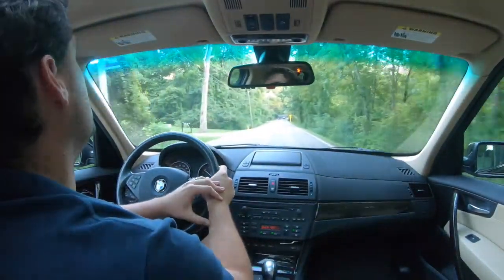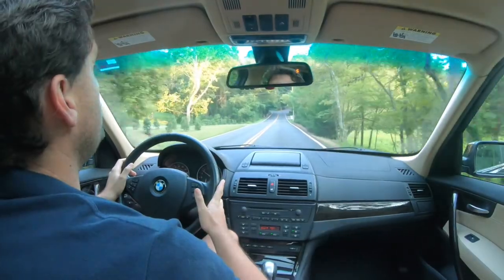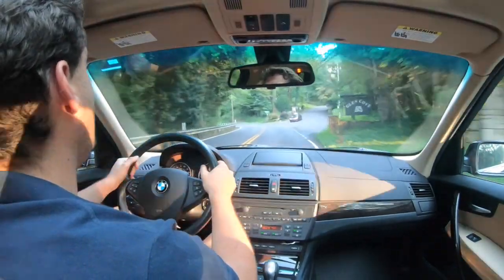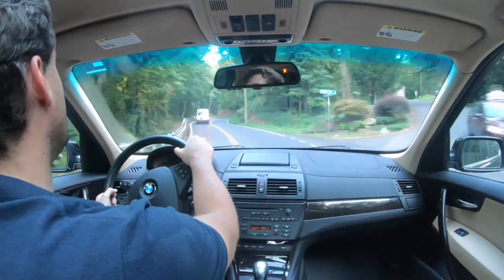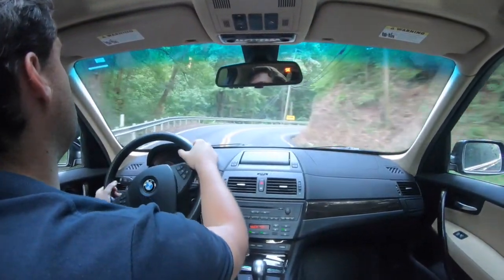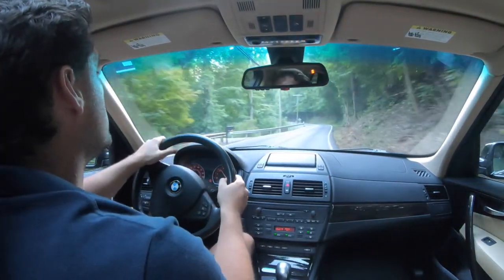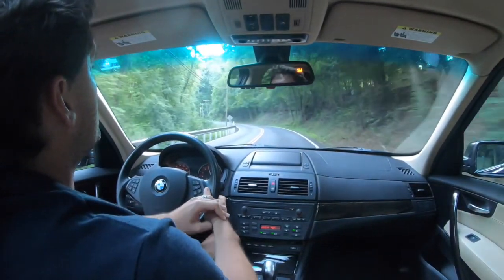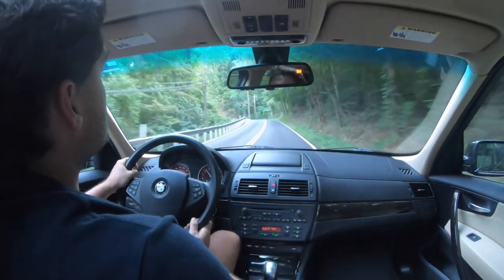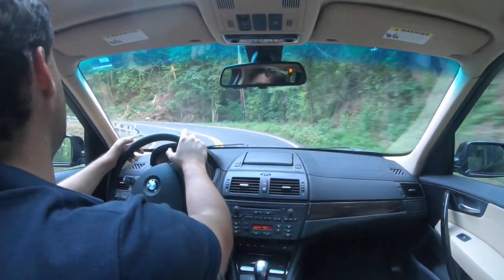But that's one excellent driving characteristic of this car, that even though it's an SUV, because of the all-wheel drive and the tight feel that this car has, it really makes you feel secure whenever you're driving on curvy roads like this. Like I said, the engine of this car is awesome. It's super powerful, and in fact, whenever I drive this car, it kind of makes me regret the fact that BMW decided to remove the 3-stage intake manifold in the 328i when it was released in 2007,